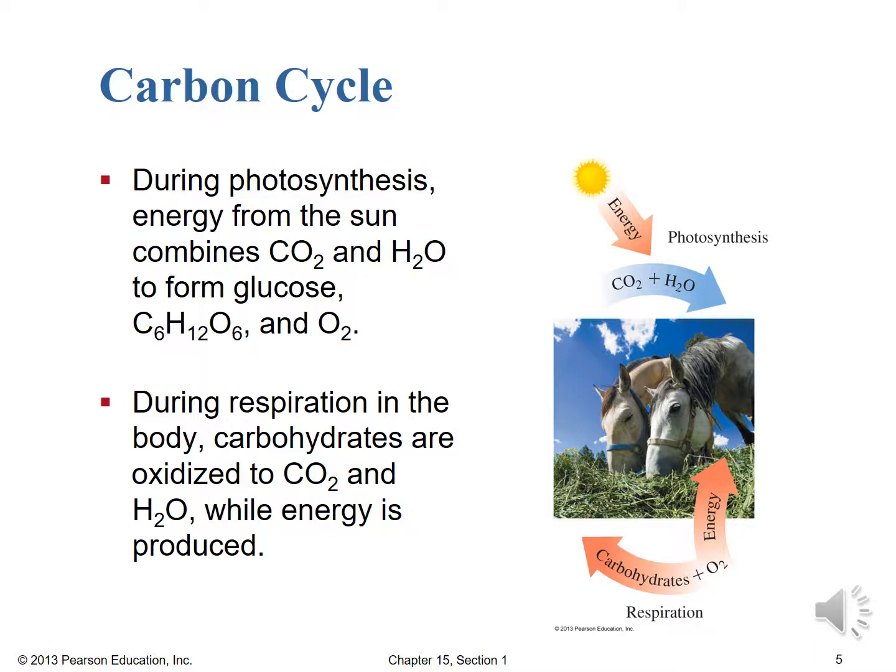hence the name carbohydrate. And then finally, oxygen is also produced, and that's important for those of us organisms that use oxidative respiration, because in the next step, we see that respiration in the body, carbohydrates are oxidized to CO2 and H2O using oxygen and producing energy. And so there we have the reverse process. So it's a very nice cycle. It keeps things nice and maintained in terms of balance, and it's worked really well for many, many years until humans started to get involved and started to adjust things a little bit, but still mainly the carbon cycle goes